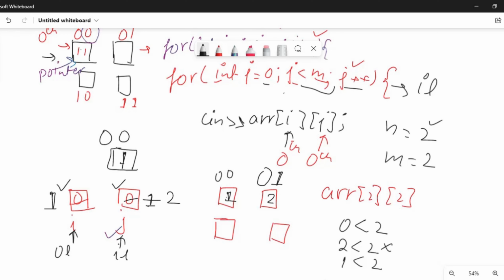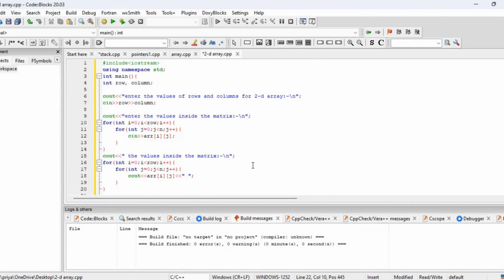So now what will happen, again it will come to this position, so it will check here, so now it will come here 1. After that 0th row, sorry, I have written here the opposite. So let me change this one. So yeah, so this is again in the first row and the 0th column. So now the value will be inserted here 3 and the value here inserted will be 4. So this is how actually the 2D loop works. So we will be seeing the same in our ID. So as you can see here,